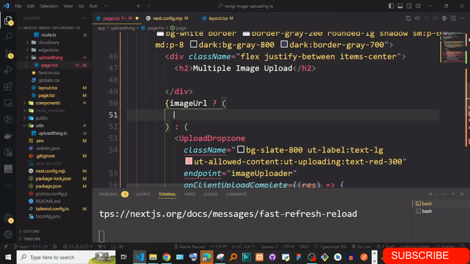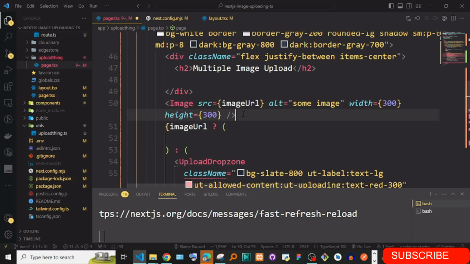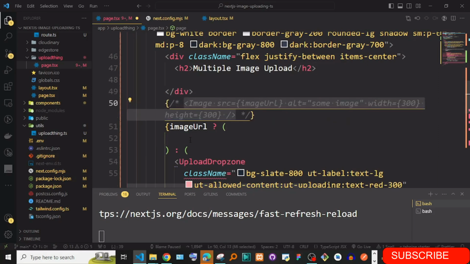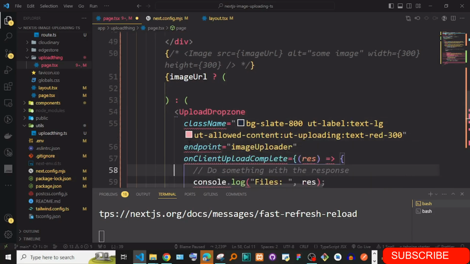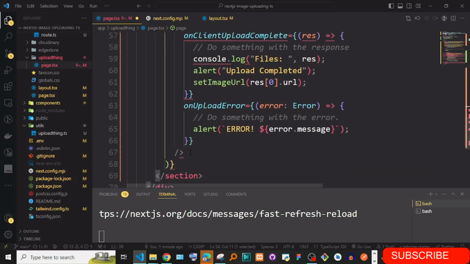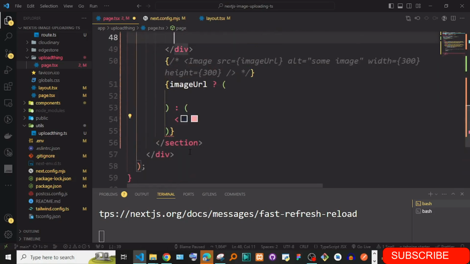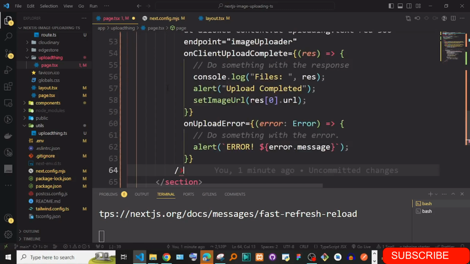I'm going to cut it like that, paste it here, and let me also cancel it just like this, put it just like that, and then let's also cut the upload zone. So simply go to the upload zone here, just cut it out, and let's remove all this conditional rendering and put the upload